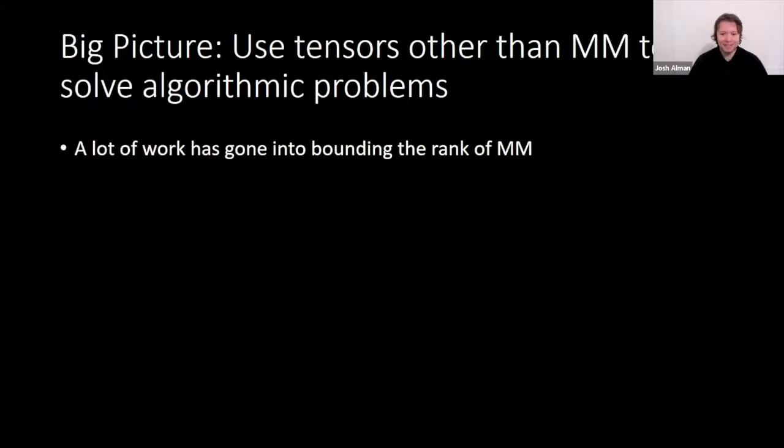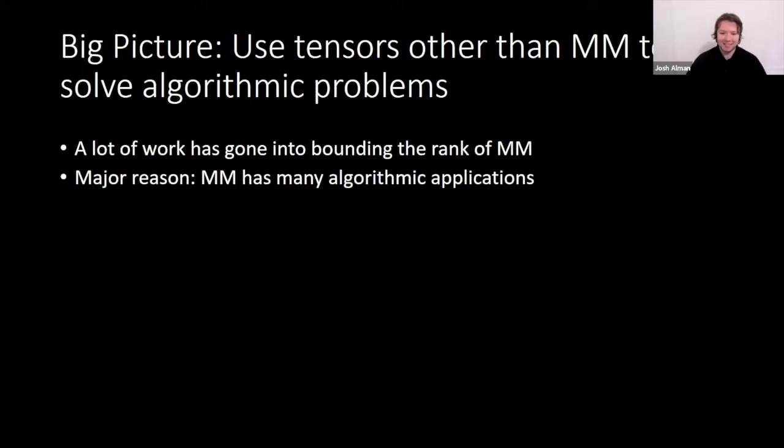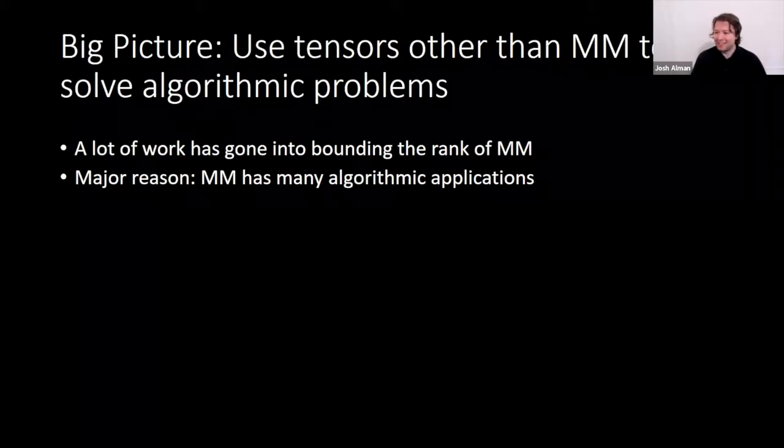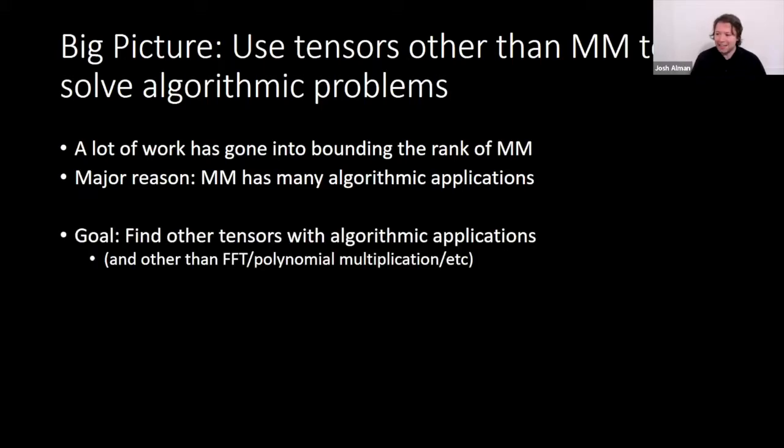As you all know, there's been a lot of work bounding the rank of matrix multiplication, lots of really nice ideas, lower bounds and upper bounds. One of the main reasons matrix multiplication has gotten so much attention is that it has a lot of different algorithmic applications. In pretty much every area of computer science and computational science, you use matrix multiplication to speed up computations. But what I want to work on is finding other tensors, other than matrix multiplication and the few other examples you're all familiar with, like polynomial multiplication,